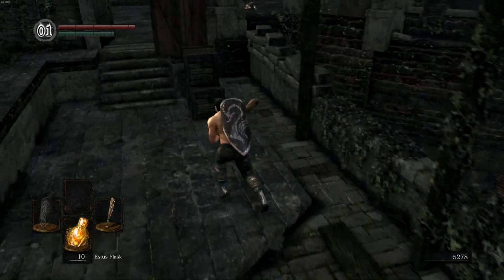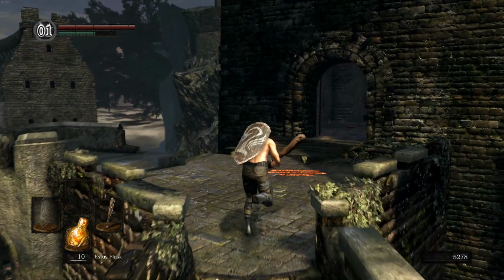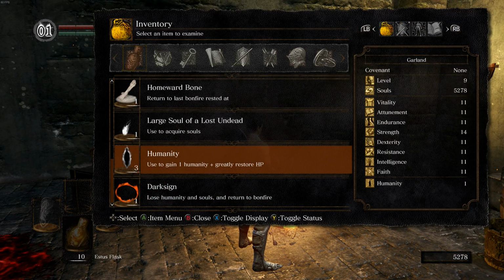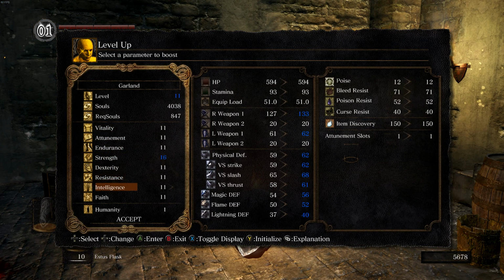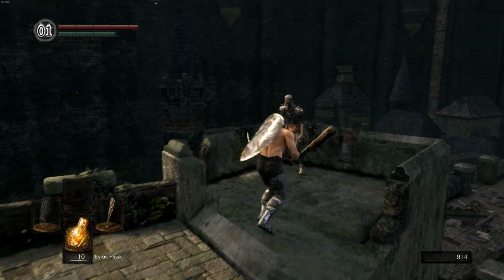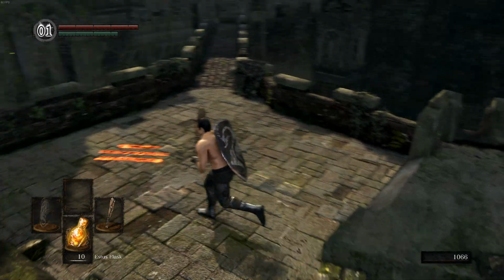Start leveling up. We're going to get strength to 16. Well, I'm going to aim to get strength to 18. Do I have any soul items that I need to use? Yes. Level 9, 16 for strength, vitality, let's get that to 12, endurance to 13. I'm going to get strength to 20 and then endurance to 20, and then we're going to start leveling dex a little bit. I know, we're not supposed to level dex, but there's a particular weapon I want to use that I'm not going to be able to use without it, so...